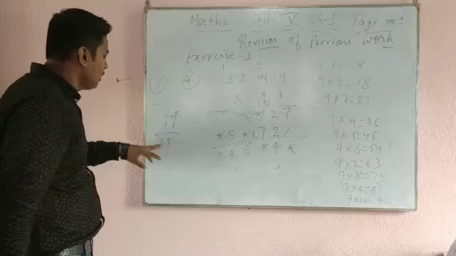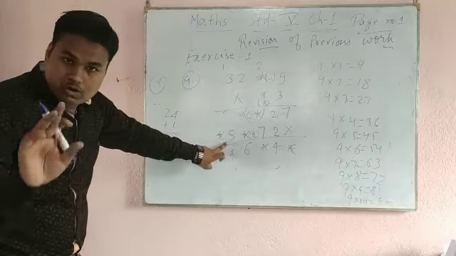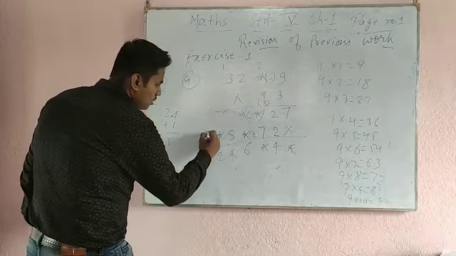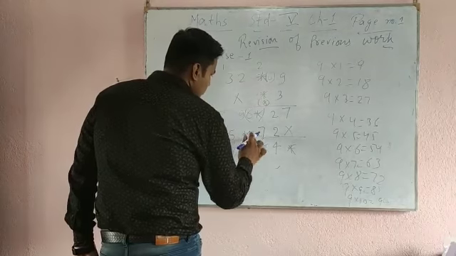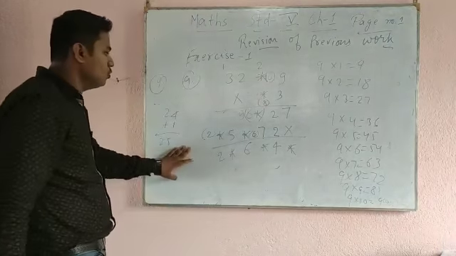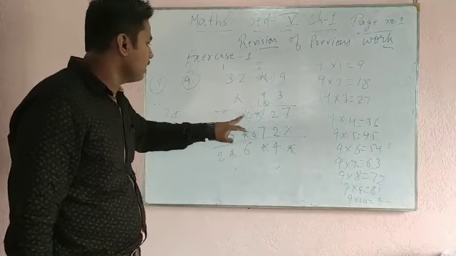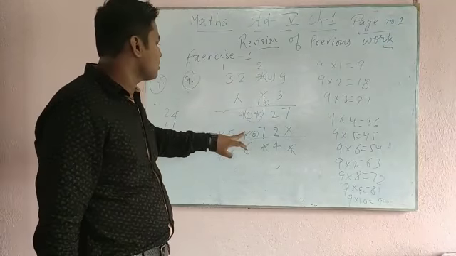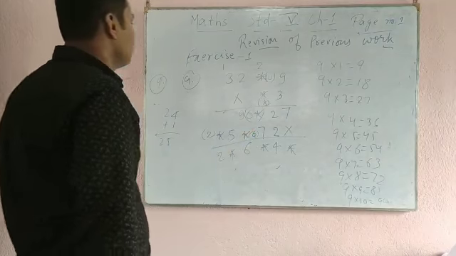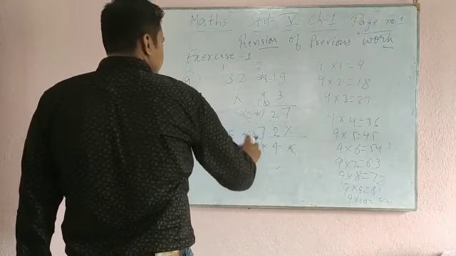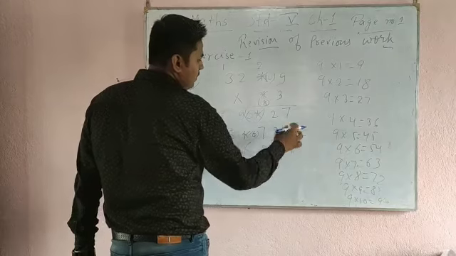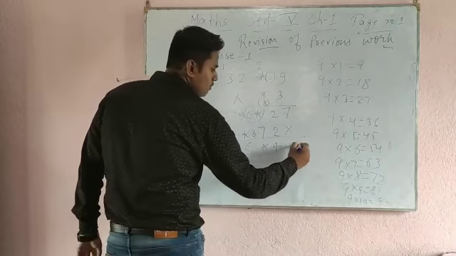Now see 25. In 25, 5 is already written. Then you have to write what? 2. This is 6. Okay. You have to write 2. Got it? This star 2, this star 8, this star 6, this star also 6, this star 2. Got it, students? Now add 7 plus nothing is there, then it will be 7.